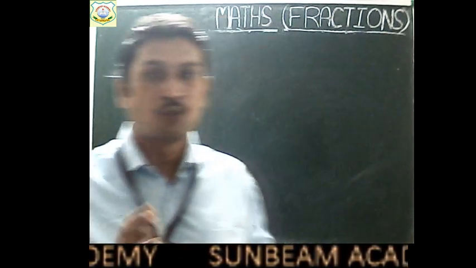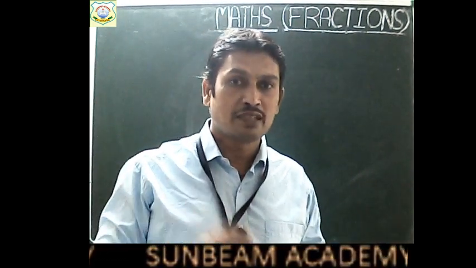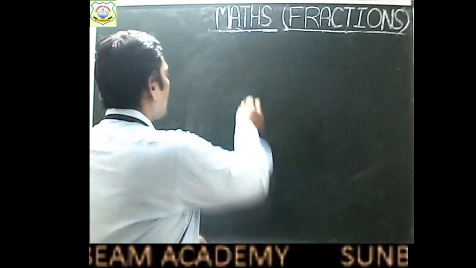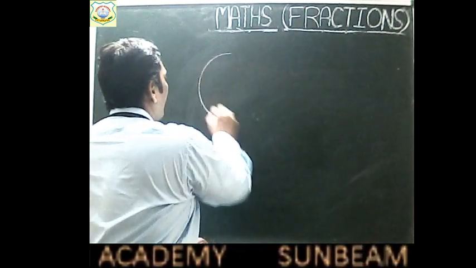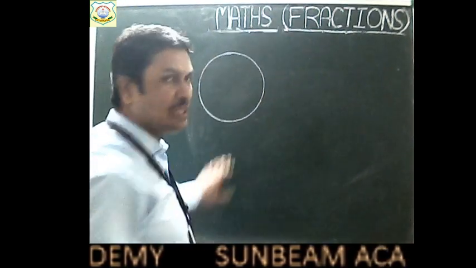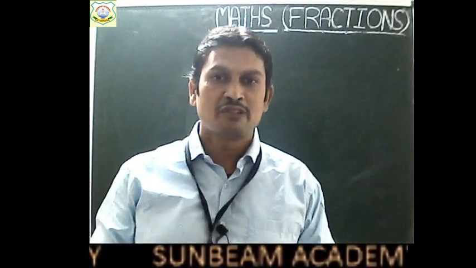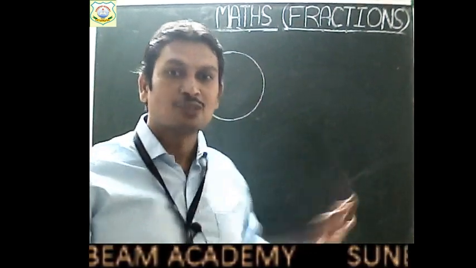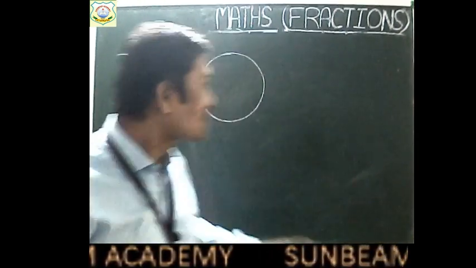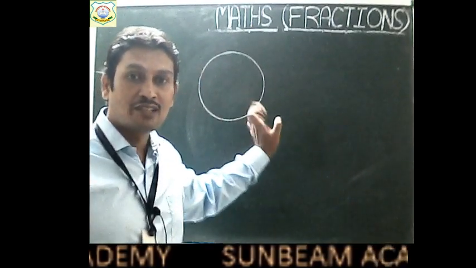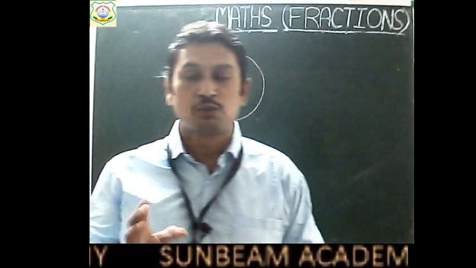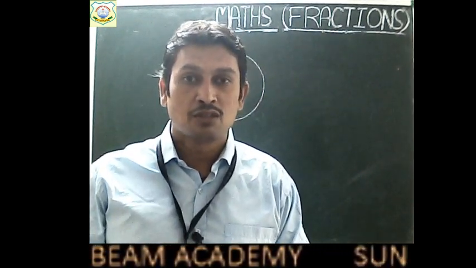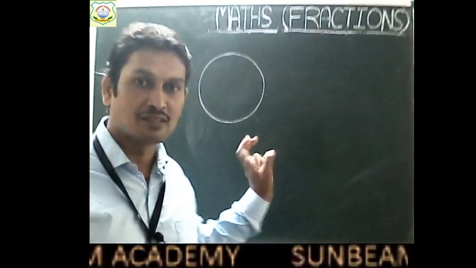So children, what are equivalent fractions? To explain this, I want to give you one example. Suppose someday your father has brought a watermelon. Yesterday we had eaten lots of apples, so today we will eat watermelon only. Eat healthy and be healthy. This watermelon is to be divided between you and your sister only. So there are two persons who have to eat this watermelon, right children?